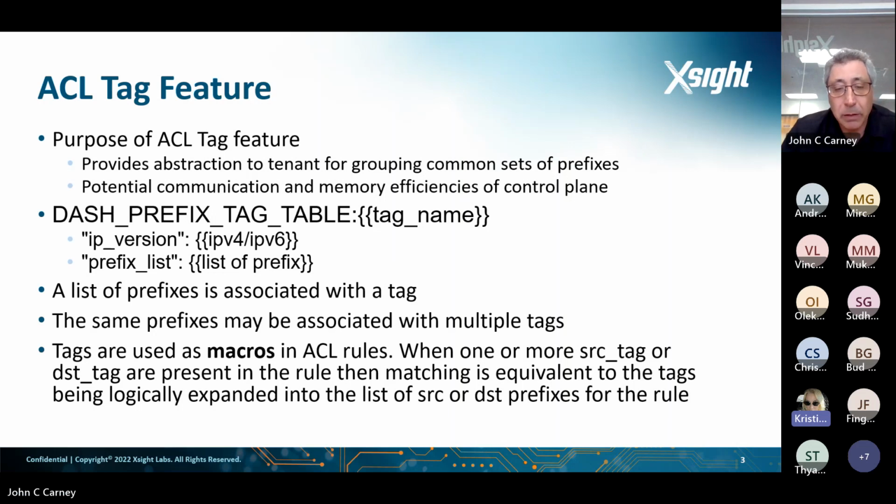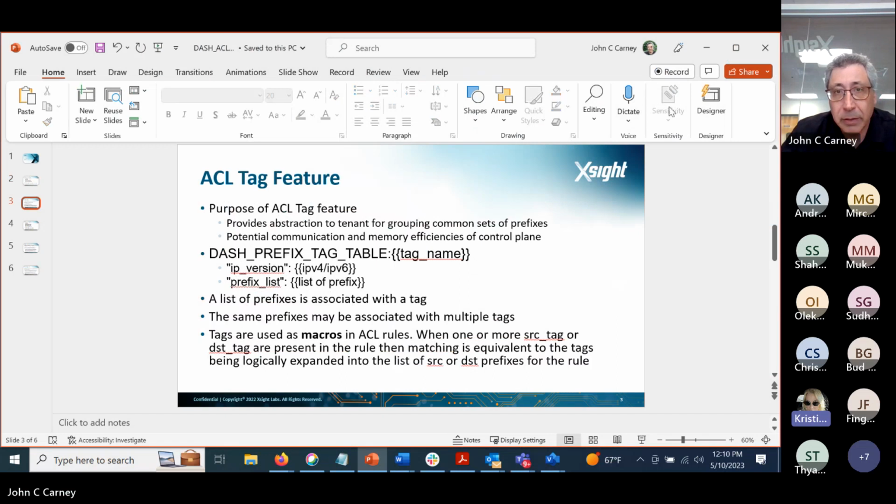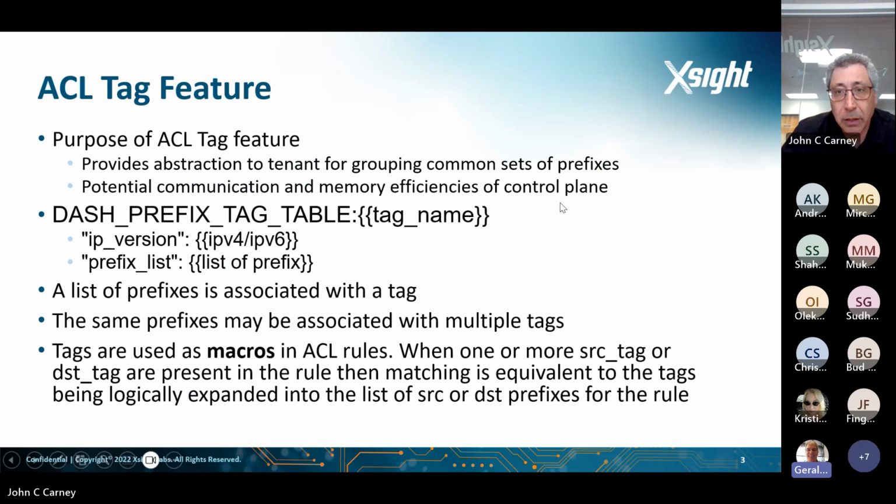Gerald's asking, can we not have a list of ports? Not sure I understand the question, Gerald. Well, you basically have a list of prefixes, why not a list of ports? I mean, if they're going to be reused over and over. Oh, you mean a tag for a list of port ranges? Yeah. I suppose you could, Gerald, but I think